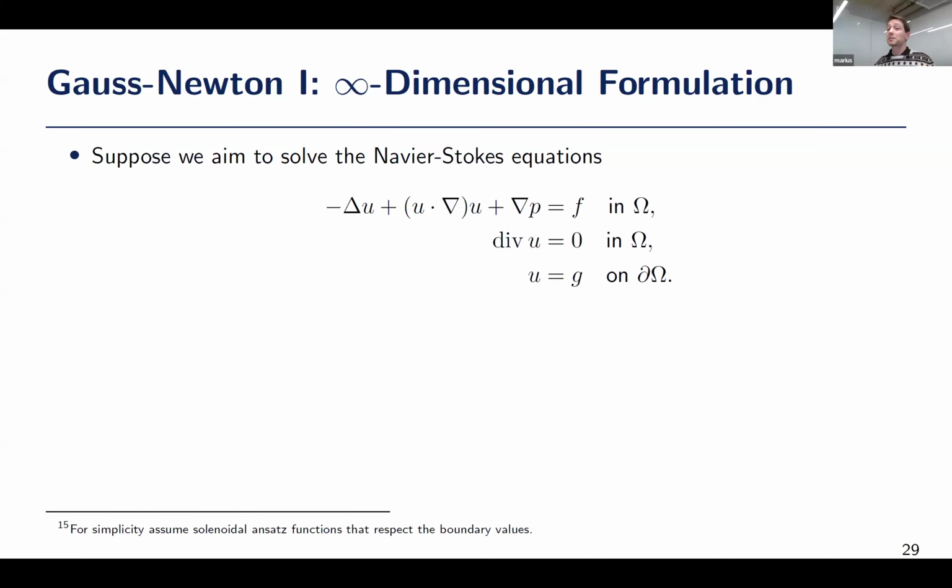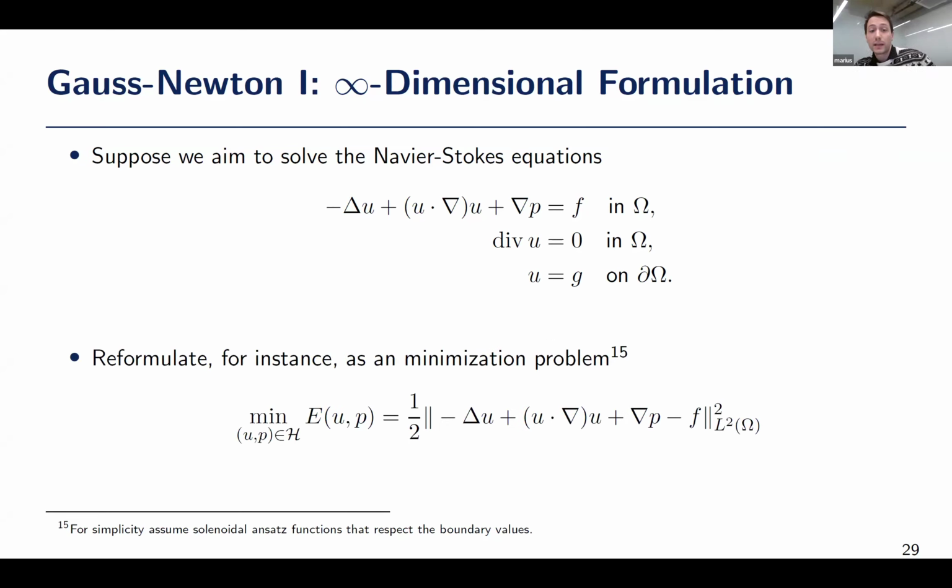I'll go through this a little bit faster, just to illustrate the point that there is flexibility. Let's say maybe our problem is not a linear PDE, maybe it's the Navier-Stokes equations, which look like this. It's a nonlinear PDE. Again, we formulate it as a minimization problem, and again I choose the PINN formulation. Here I assume that my ansatz is solenoidal and respects the boundary values for simplicity in the presentation and the formulas, but you could also do the full penalty here. And then my E looks like this.